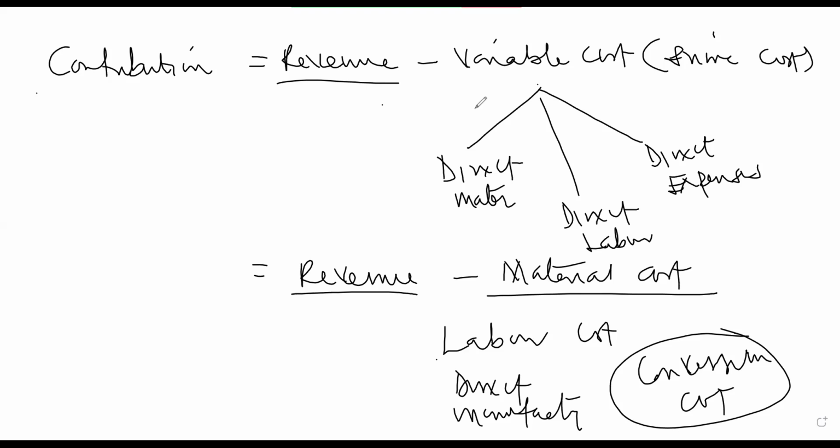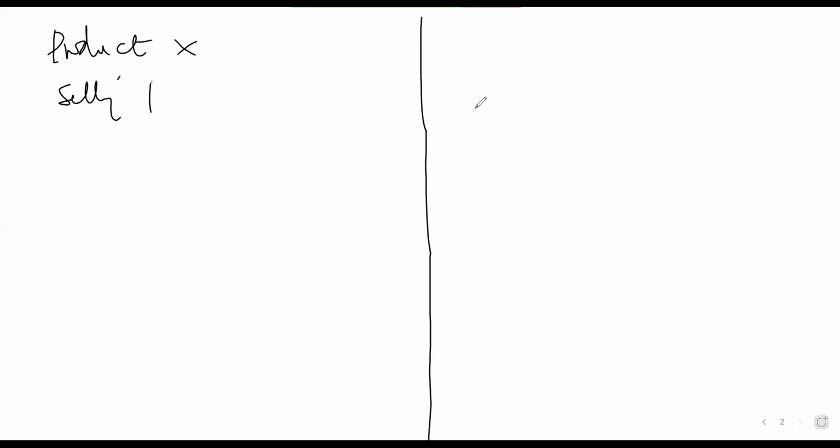They can ask you to calculate what we call the throughput accounting ratio. How do we calculate it? Or why should we calculate it? Okay, you have a product. Let's say you have product X, which the selling price per unit